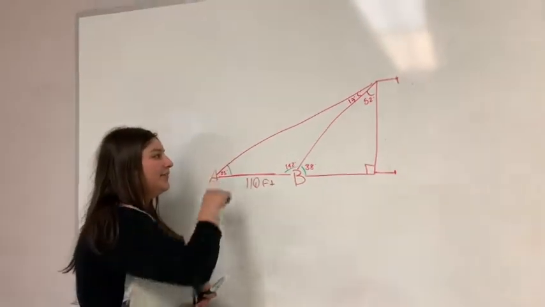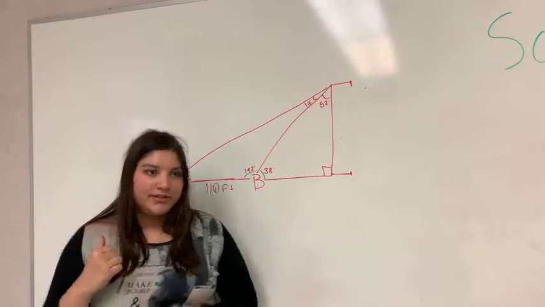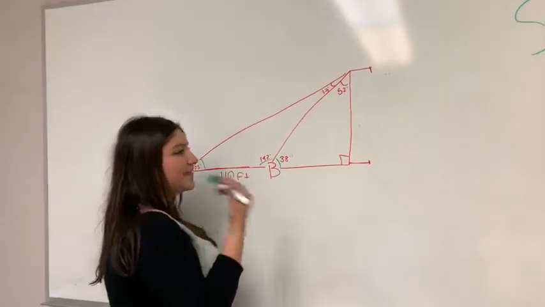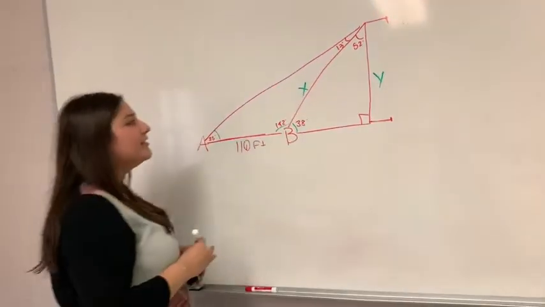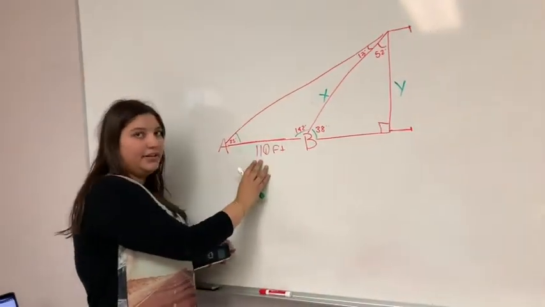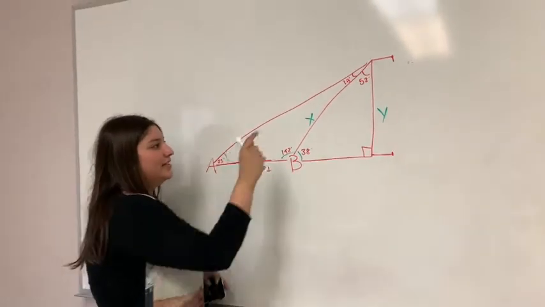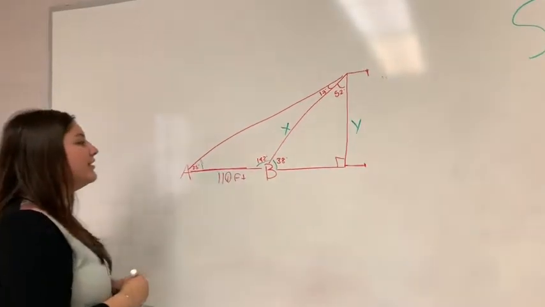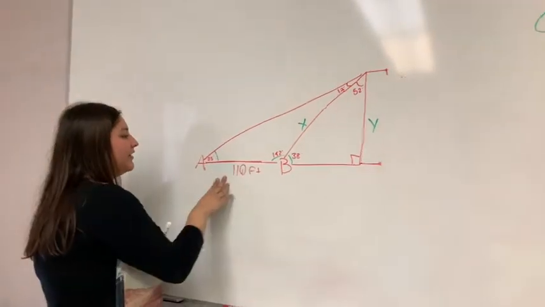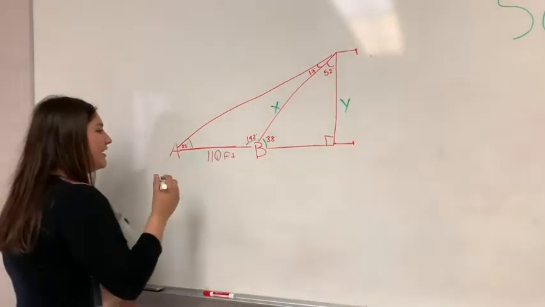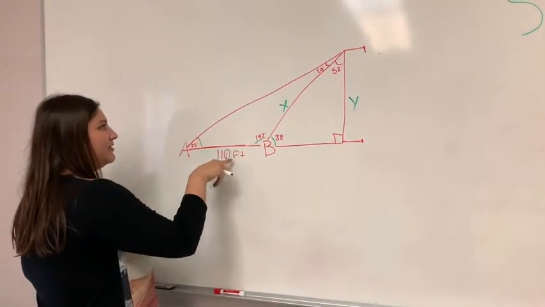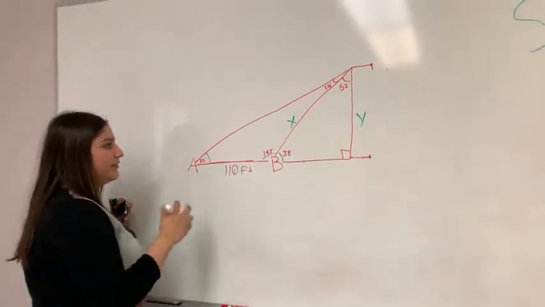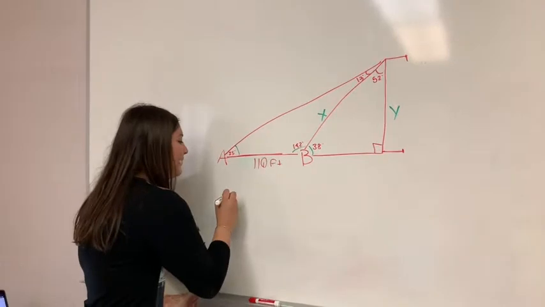Now that we have found all the missing angles and we already learned how to use the different formulas, we're gonna use them to find the missing sides, or the ones that they specifically asked for. So in order to do this, we already have one side here. So what we can find first is this side, which will be the hypotenuse of this triangle if you divide it into two triangles. So for example, we can use law of sines here. Law of sines, as said before, is just using the opposite sides and then finding the equal ratio. So if we have 110 feet,